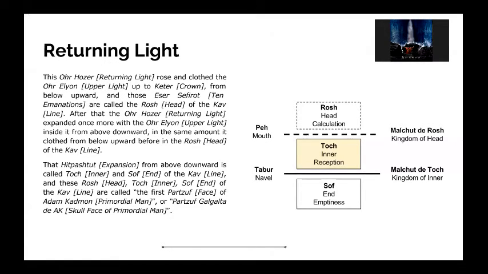Yes, you're talking about in each face? I guess that corresponds to each face. So can you say that on the first face, the Or Choser bounces back all the way up to Keter, to where it can't go in the Toch? Yeah, so basically you've got the root phase and the first, second, and third phases that you're allowing coming in, and the way you convert those phases into altruism is because you're rejecting the 4th phase, and it clothes those phases.